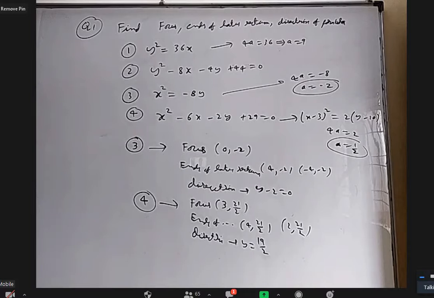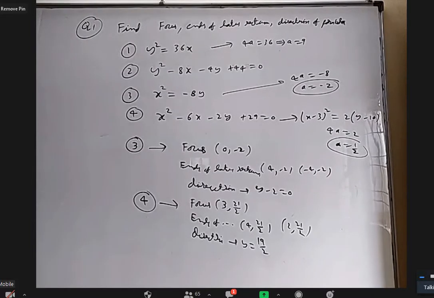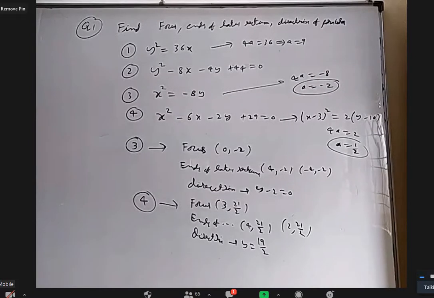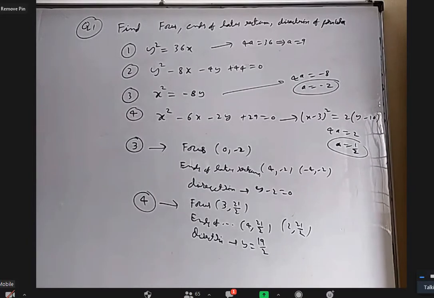In a circle equation, how many unknowns are there? 3 unknowns, sir. Okay, so we need how many points? 3 points. That is one way. The 3 unknowns are G, F, C. Another way: for a circle we need a center, meaning x coordinate and y coordinate, and you also need the radius. 3 unknowns means we need 3 data, so that is the 3 points. So any one of these 4 explanations you can say.